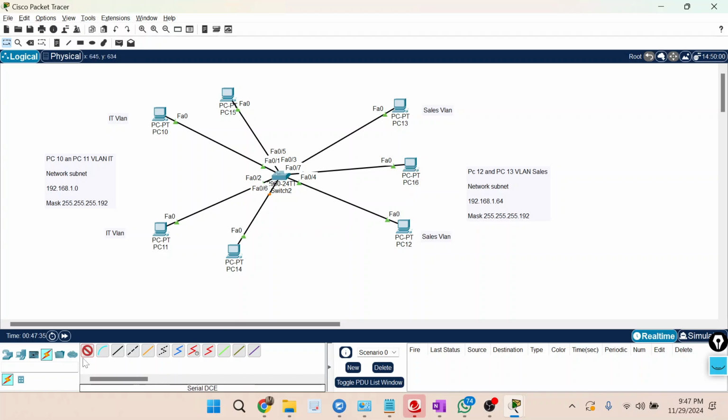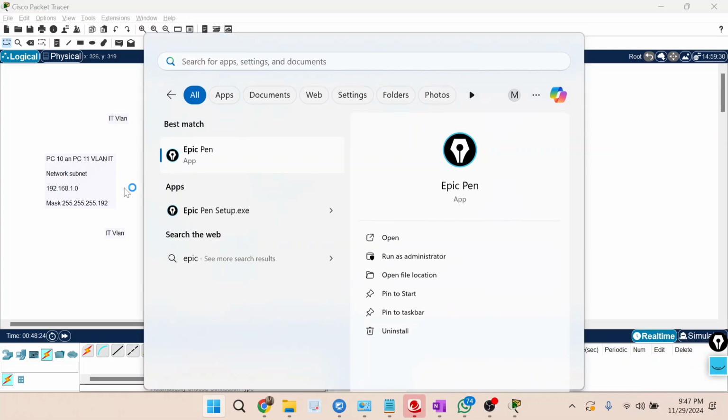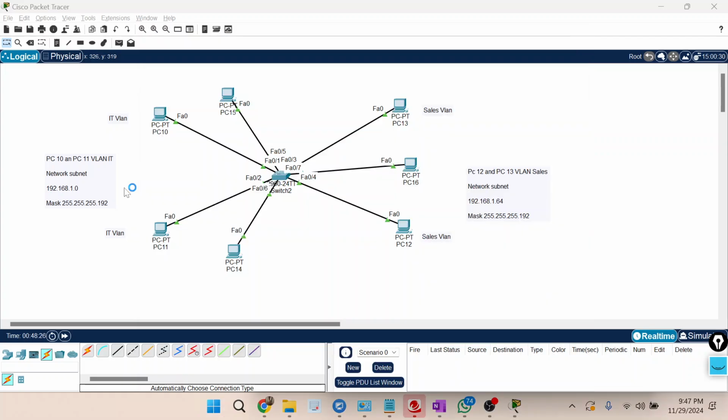This 4 should be part of the IT VLAN, and this 3 should be part of the sales VLAN. Now what should happen? Broadcast should happen only between these 4 and between these 3. This 4's broadcast should not go to these, and this broadcast should not come to these. Okay, one minute.